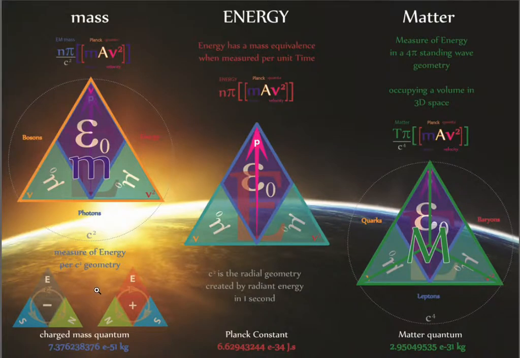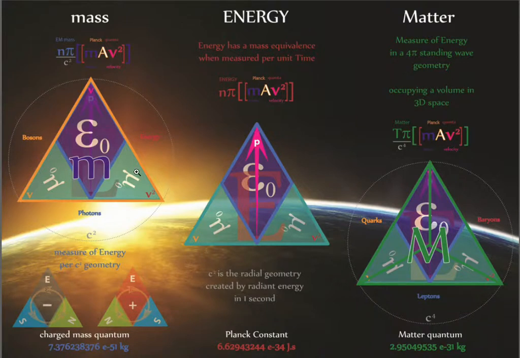This page gives a clear representation of the physical relationships resulting from the equilateral geometry. What we have here on the left-hand side is mass, as defined in Tetrionics. It's the result of energy, which is the Planck quanta down the bottom, per unit of time, per radial unit of time, c squared. So E divided by c squared gives us mass. Of course, it has the properties of